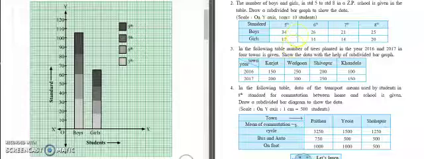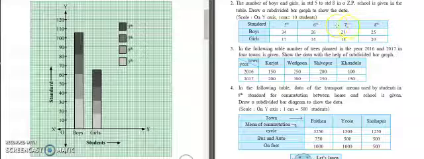Now next we have to find out 6th standard boys, that is 26. So after this line we will calculate above 26. So boys in 6th standard are 26. So from 34 we have to add 26 to this bar and we will get the boys in 6th standard. So mark this at position 60. 34 plus 26, that is 60.